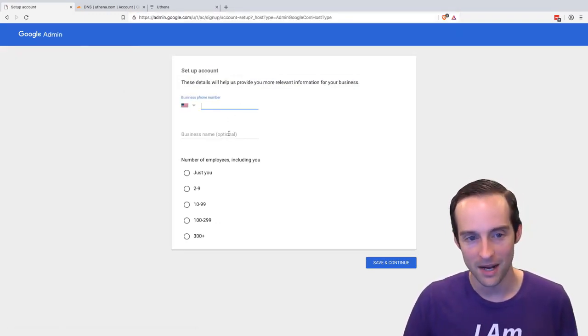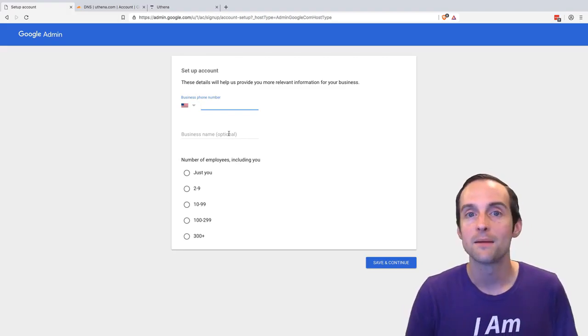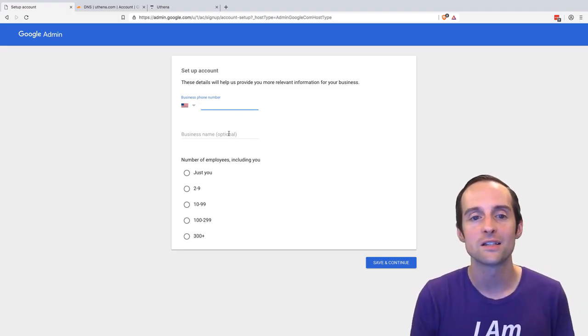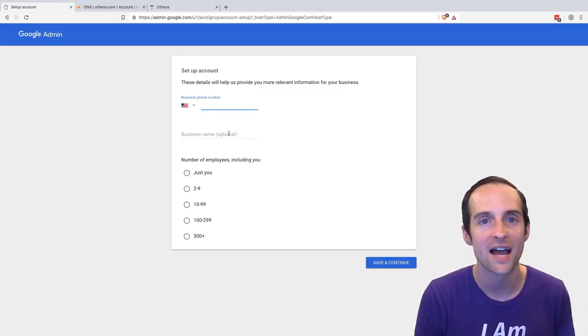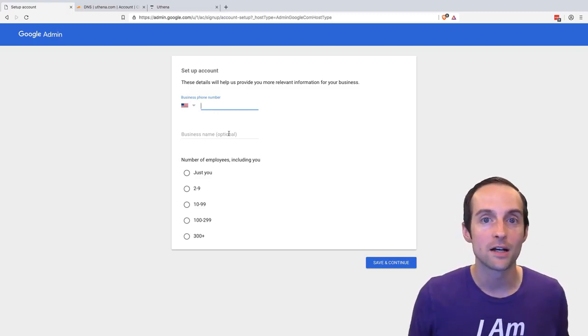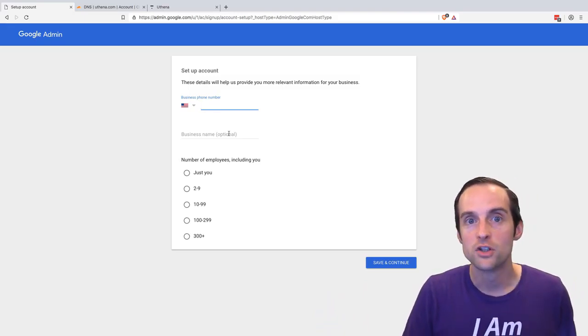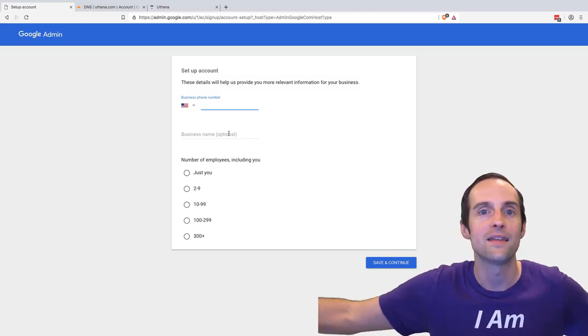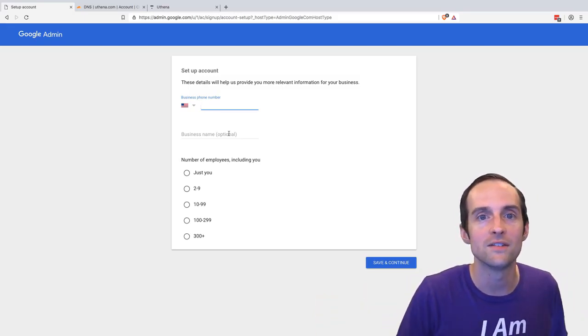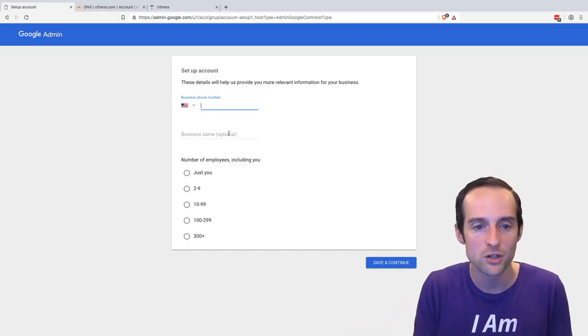You have to put some kind of a business phone number in. It can be nice if you've got a situation like this where you don't want to actually receive calls at the number. I've actually got what I call a throwaway number, where that is the number I give out generically to any website, and then that screens all the calls and they don't even come to my cell phone. So I recommend you get